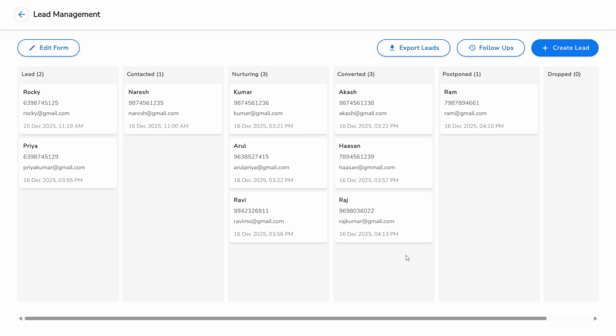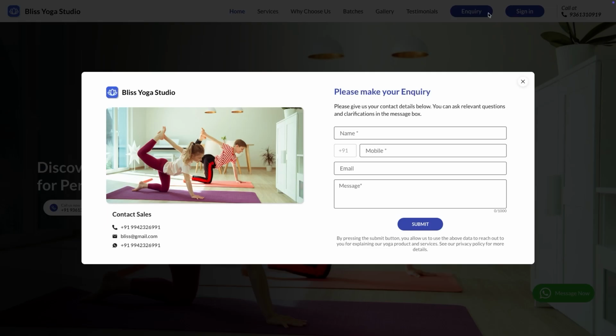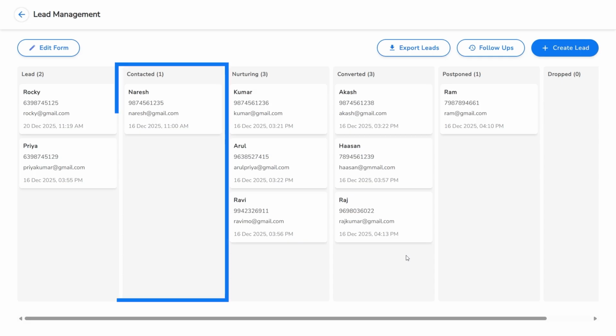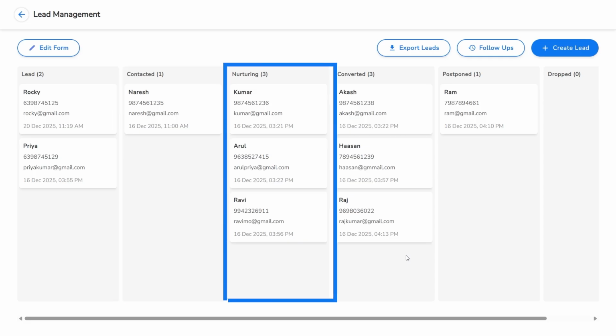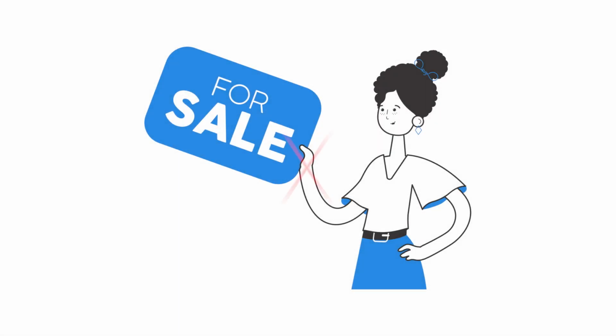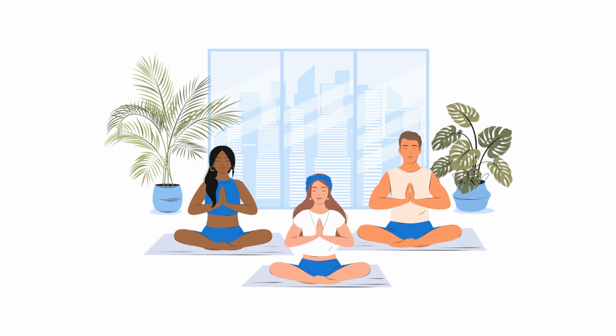In Yogapify, leads are created naturally from your interactions and appointments and are also captured through your landing page. This means you don't have to re-enter information or maintain separate lists. Every interested student has a clear place in the system, with visibility into where the conversation stands. Instead of relying on memory, you can see who needs a follow-up, who is still considering, and who is ready to move forward. This doesn't turn yoga into sales. It simply helps you stay organized and respectful in your communication.